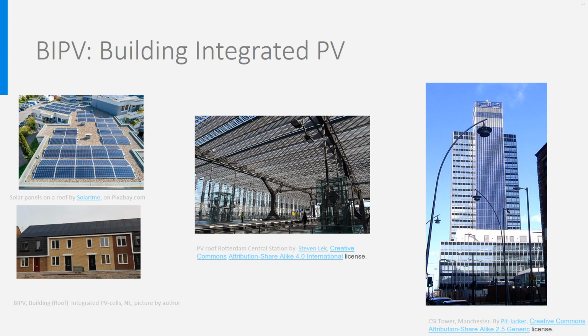Above left are mostly horizontal PV cells placed on a roof in two directions. The orientation of PV cells has become less important as modern PV cells have better capabilities to work with diffuse light. Even placing them in the north, on the northern hemisphere, therefore not facing the sun, is possible. Below left, you see an example of PV cells fully integrated in the roof and covering the complete roof. In the middle, an example of so-called semi-transparent PV cells on the roof of the railway station of Rotterdam.